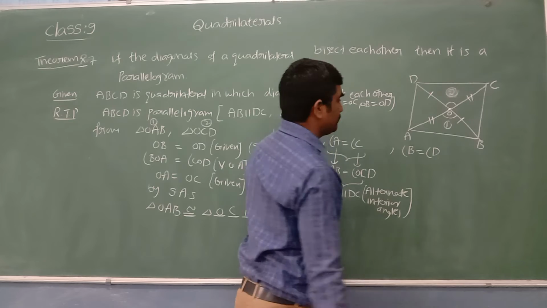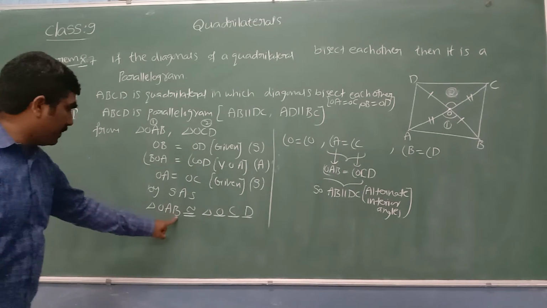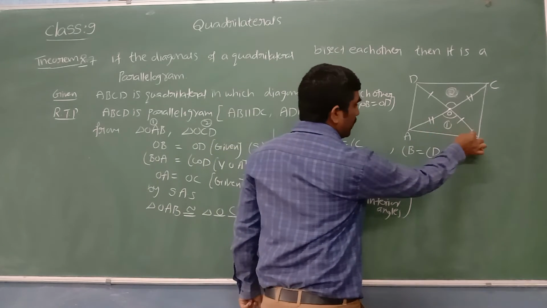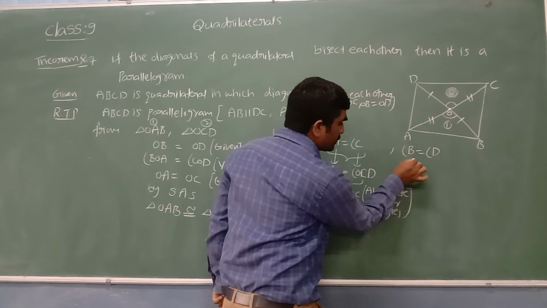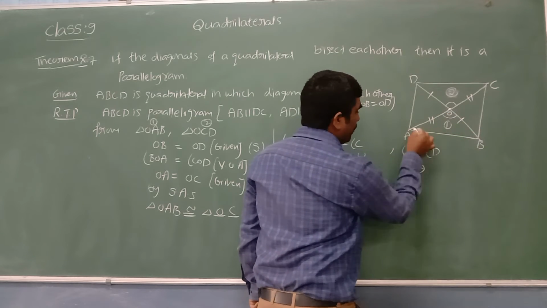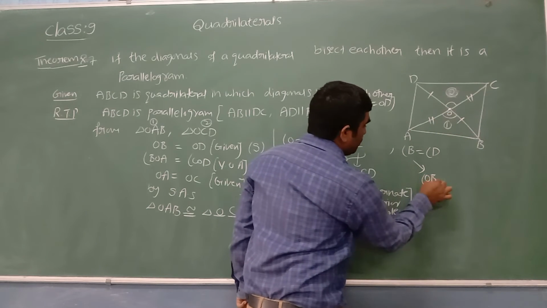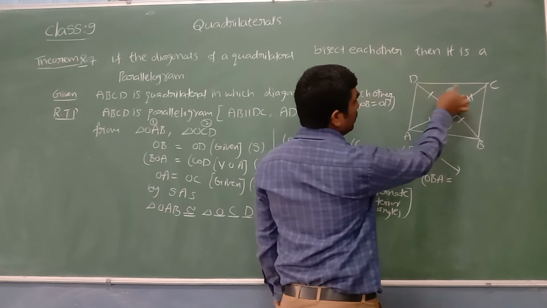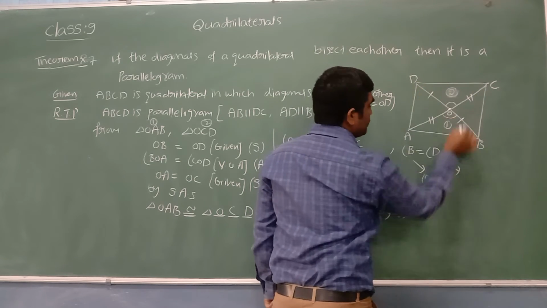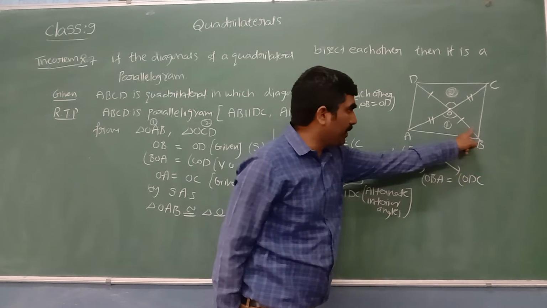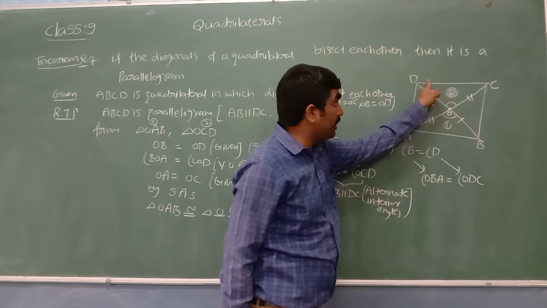Now from this, what can we write? Angle B equal to angle D. OAB means first triangle angle B. Even this also we will try to express in three alphabets. First triangle B, three alphabets: we can write OBA. Angle OBA is equal to angle D. Second triangle D, CDO or ODC. Let me write angle ODC. Angle B in first triangle equal to angle D in second triangle.